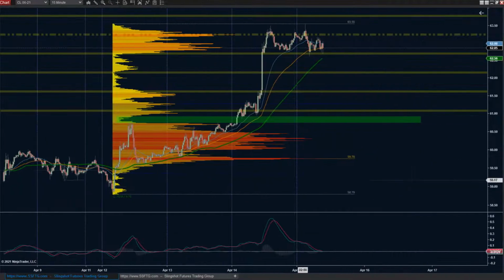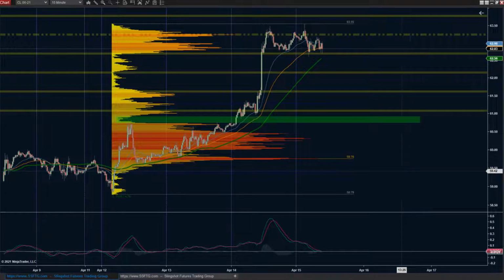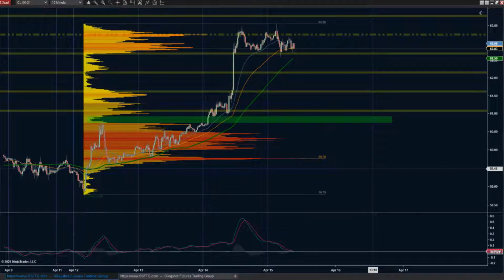Crude oil. Man, it's a big, strong move to the upside. A huge breakout move above 62, and then it just stopped dead in its tracks. Super balanced, really range bound, having a very hard time topping. Obviously the high is at 63.55, but it seems like resistance begins in the 63.30s, and as far as support goes, support begins in the 62.75s.